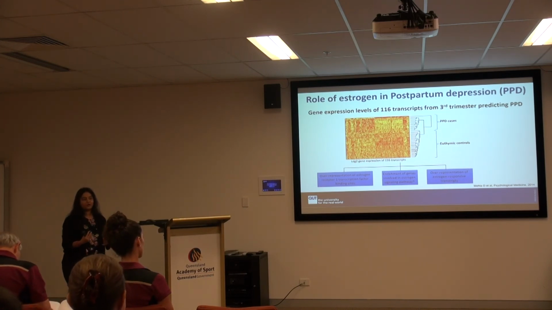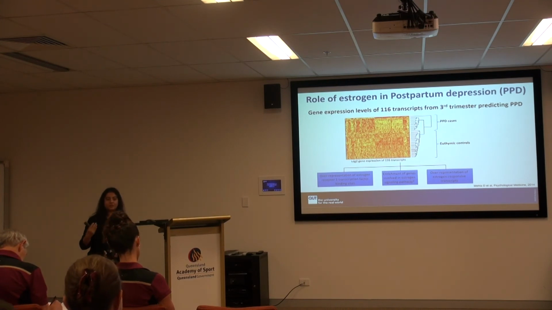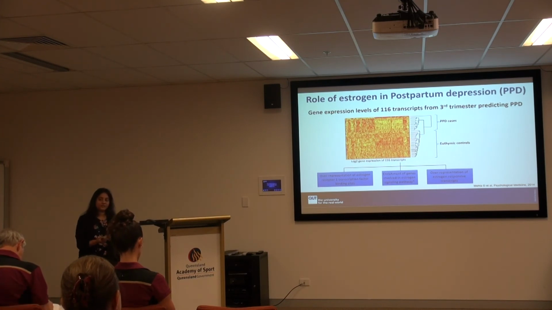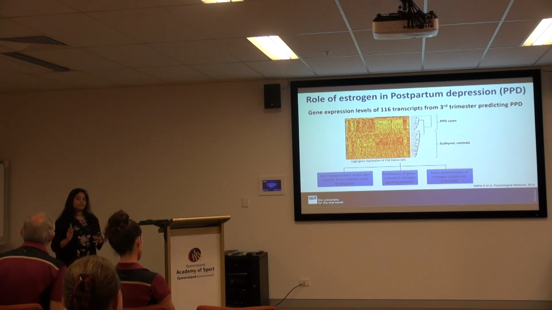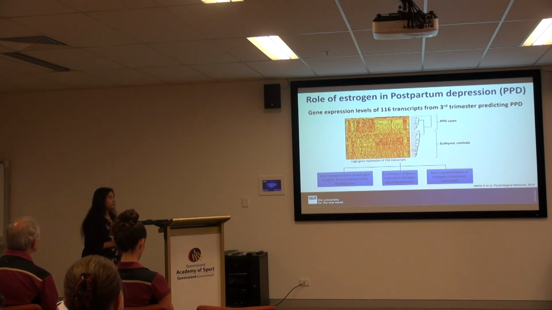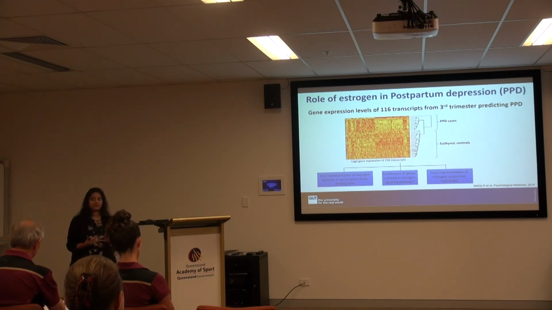So this was quite exciting for us, and of course we have replicated this, and I'll show you a bit later, but there are other groups replicating this predictor as well, because that's got a lot of clinical utility. But the way we found the 116 transcripts was we just did a genome-wide scan, so we didn't have any specific candidates, we didn't have any hypothesis. When we looked at the 116 candidates and tried to find out what these genes do, it was interesting that several different analyses all pointed towards the role of estrogen, or the estrogen signaling pathway, in these genes. So that was really interesting, that we just ended up with estrogen.